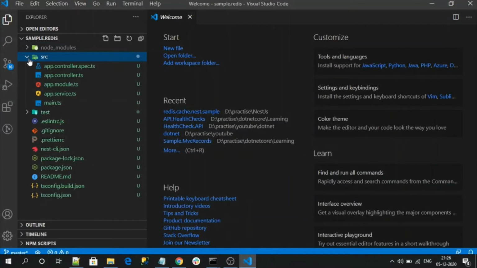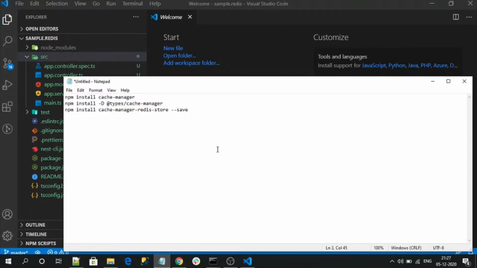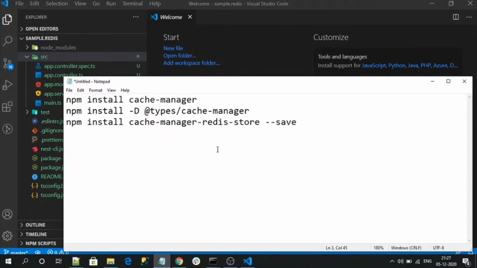Before getting started, to integrate Redis cache into a Nest.js application, we need to install three packages. One is cache-manager, which is a Node.js plugin, and another one is @types/cache-manager, which is the TypeScript-supported cache manager.